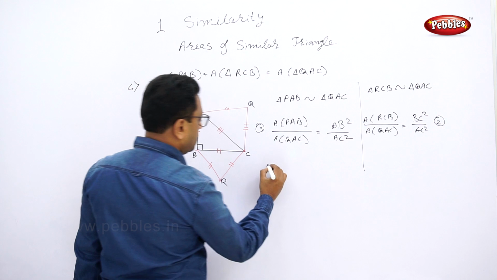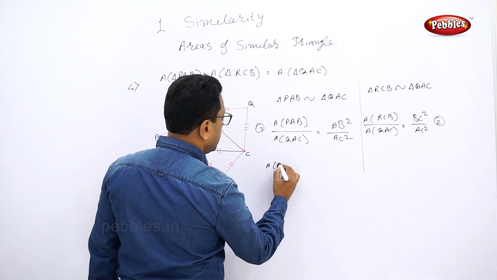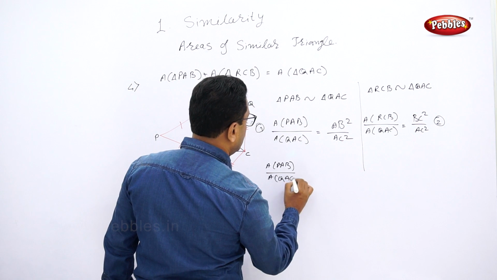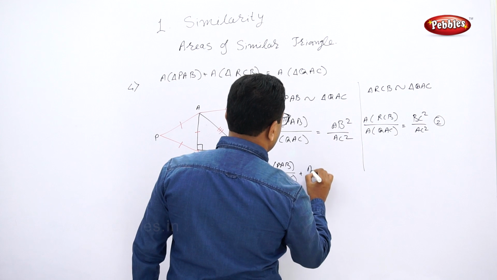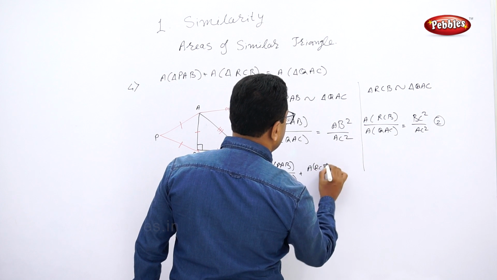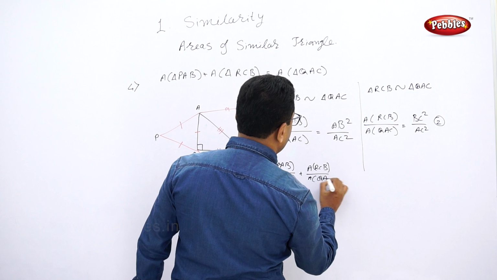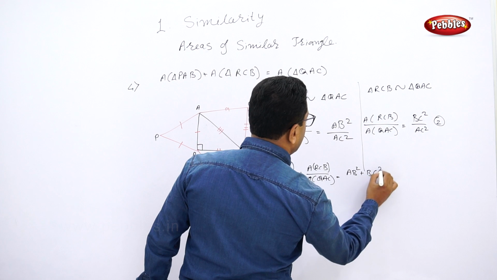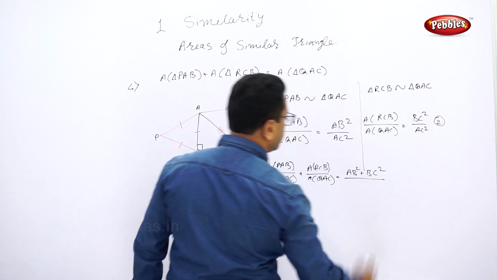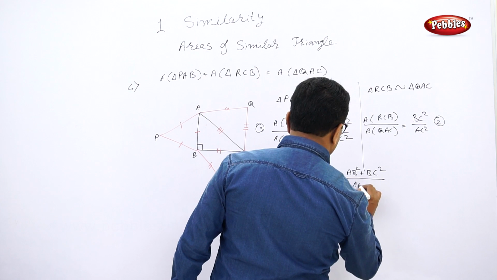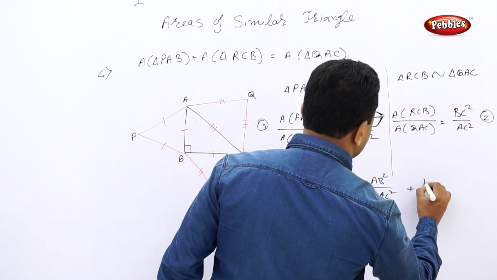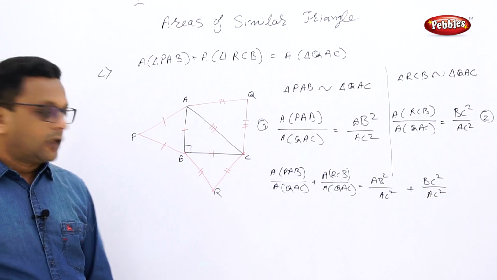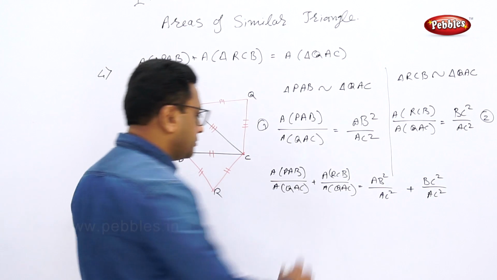Now I will add these two sides: area of PAB upon area of QAC plus area of RCB upon area of QAC is equal to AB square plus BC square upon AC square plus AC square plus BC square upon AC square. Now here QAC is a LCM, so I can write